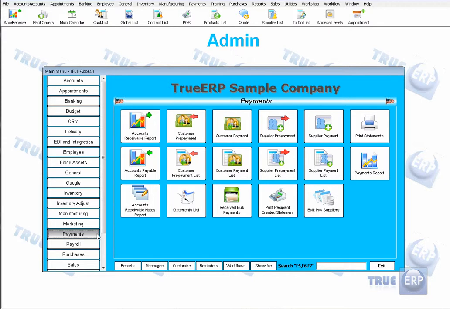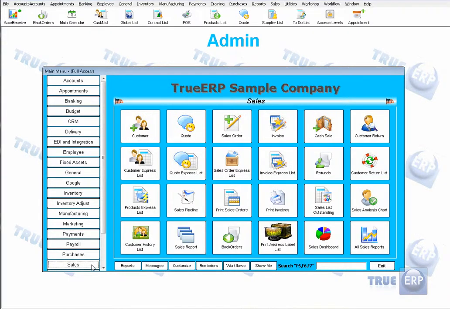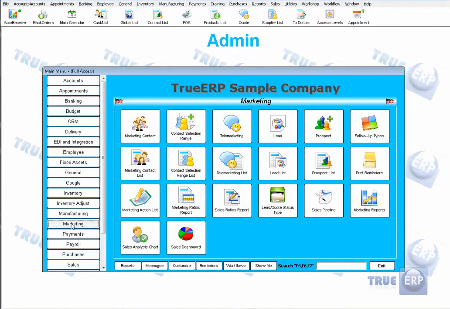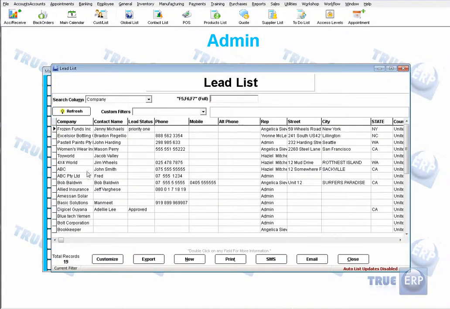A couple other modules that I would say to go ahead and watch that also ties in with your sales module is your CRM or marketing module. Let me just do a quick overview of how your marketing section can tie in brilliantly with your sales module. Now, we can actually track everything from your marketing contact to when they become a prospect to a lead, all the way down to actually them becoming your customer. And how we can do that is through our lead list. If I click on here and just choose one of our customers here,